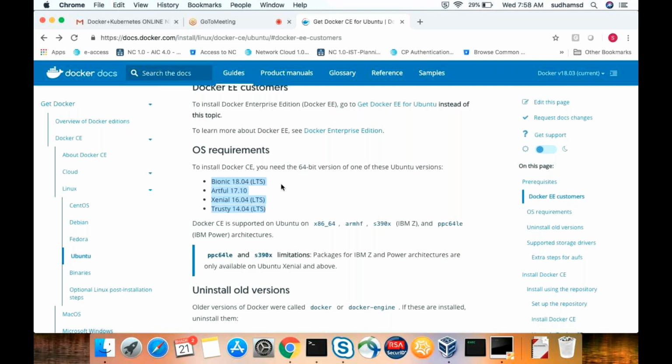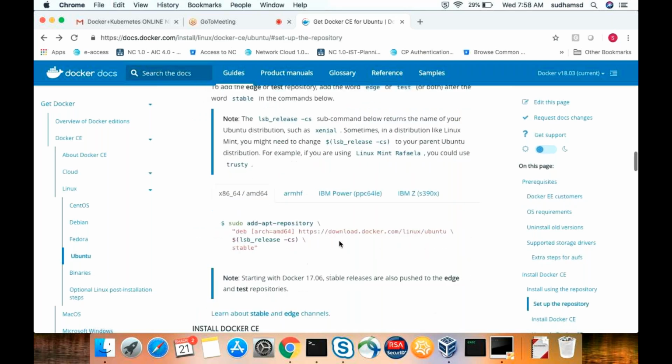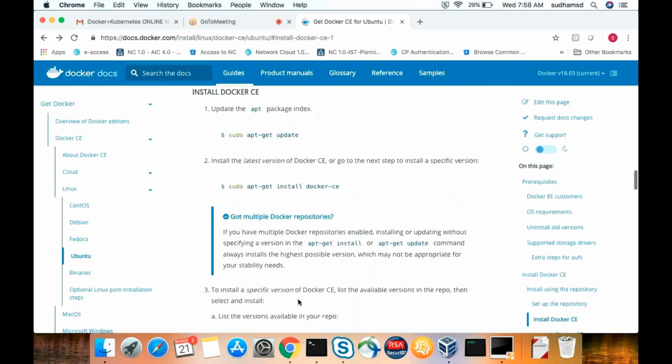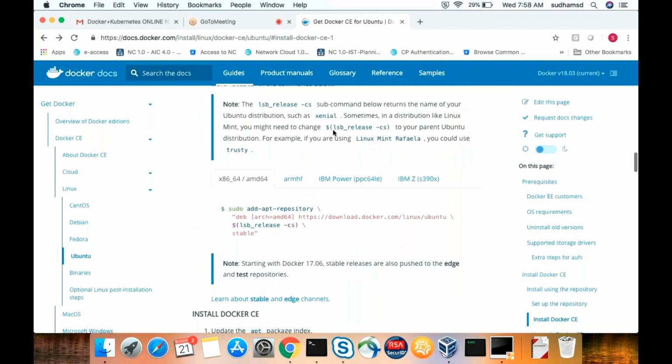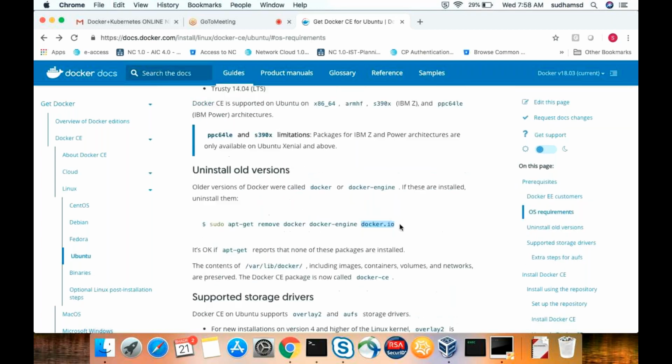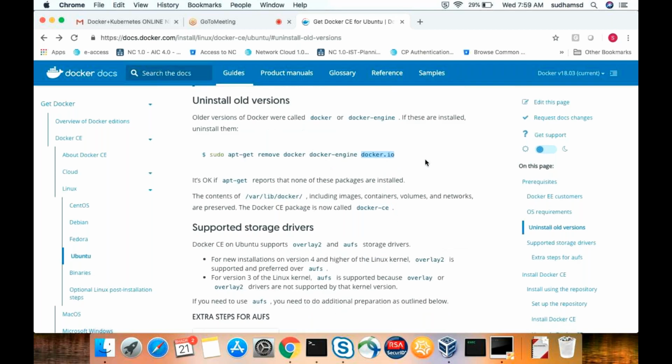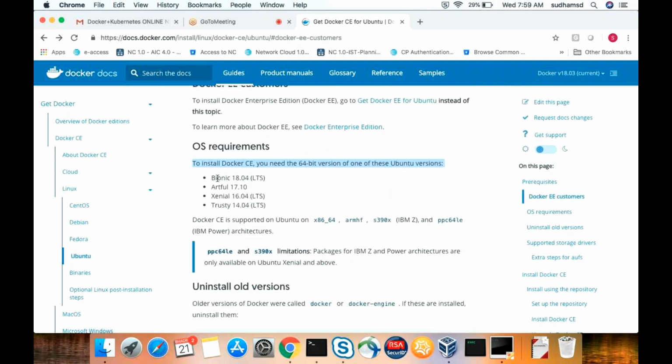So what you can do is try to create this repository, then update, and then try to install an older version like 17.03 of Docker, or directly you can use this command. Which command? See, directly you can install on your 12.04 version. It doesn't install the latest version, Docker CE, because I tried it on 12 version. So we need to use an older version, which is not supported right now. You can see here these are the supported operating systems.